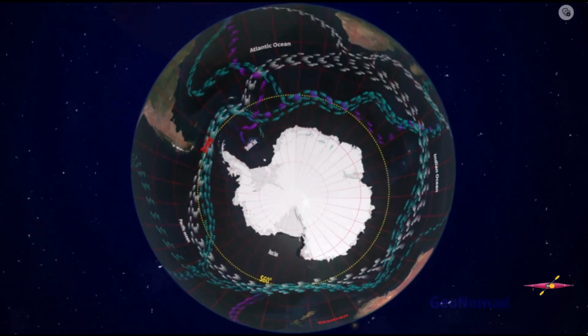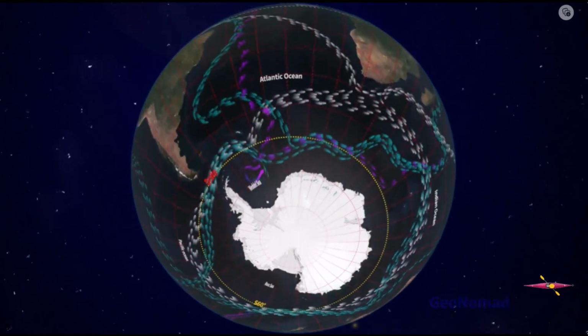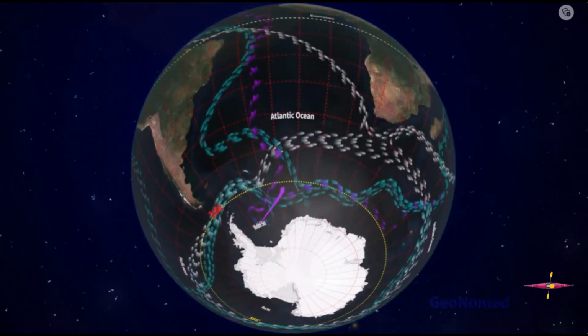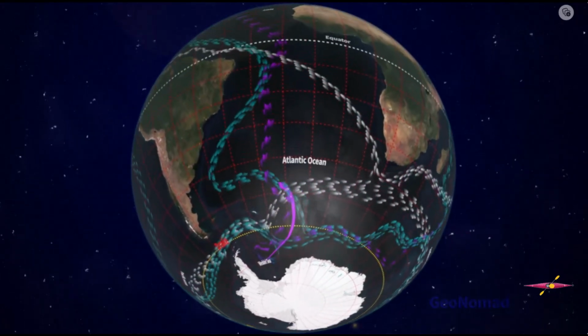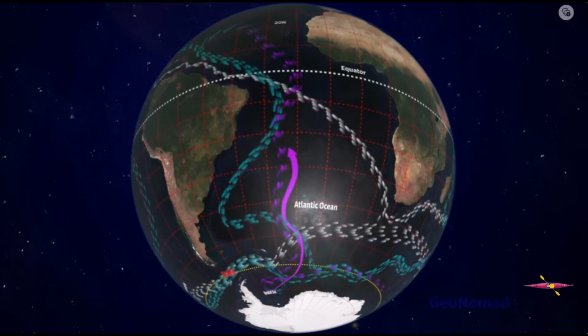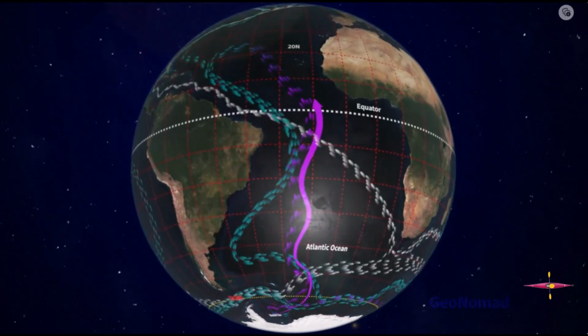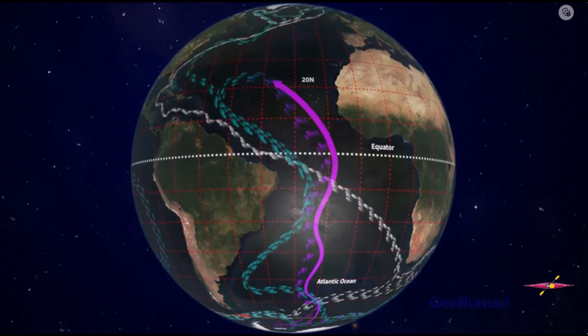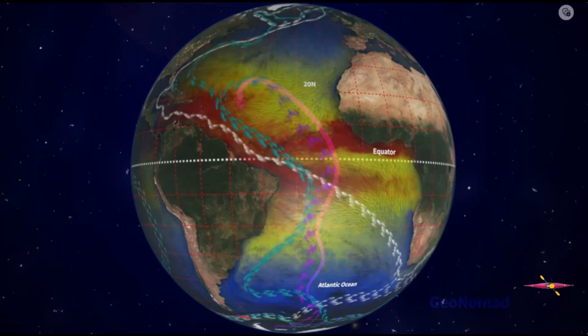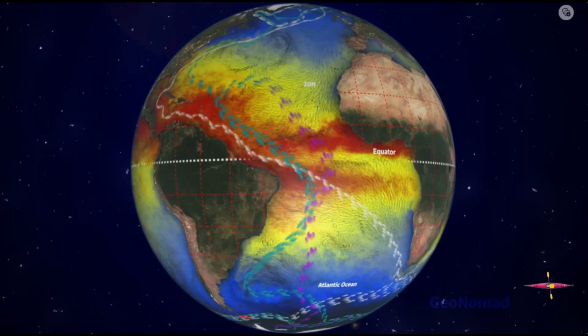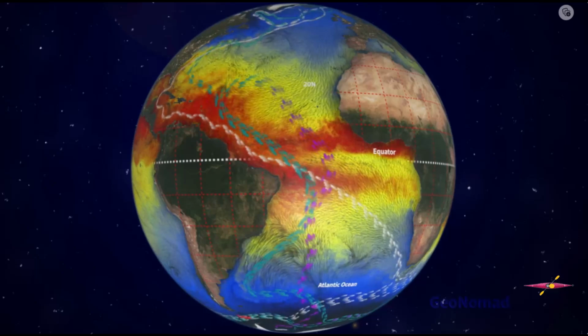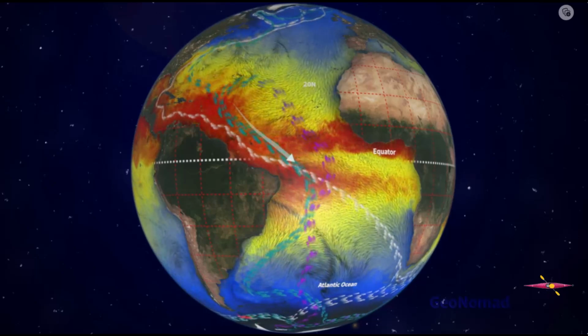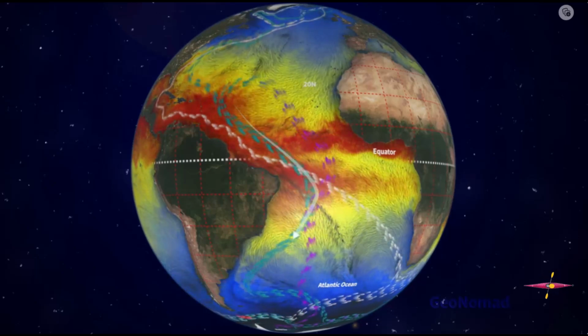Now, let's move slowly to the Atlantic Ocean, keeping in mind the flow of the Antarctic circumpolar current in the Southern Ocean. Antarctic bottom water from the Weddell Sea begins to rise when it reaches the vicinity of the equator slowly, turns into intermediate water, and changes direction about 20 degrees north latitude. This water flows along the eastern sea of South America back to the South Pole and joins the Antarctic circumpolar